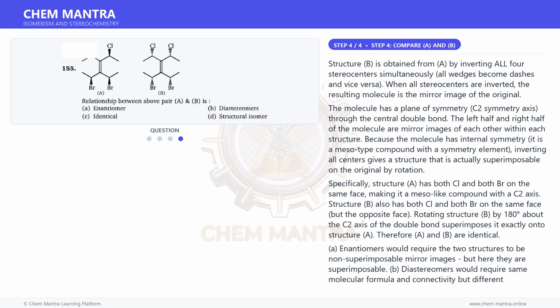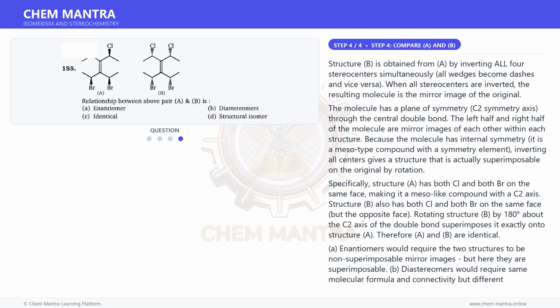The left half and right half of the molecule are mirror images of each other within each structure. Because the molecule has internal symmetry, it is a meso-type compound with a symmetry element. Inverting all centers gives a structure that is actually superimposable on the original by rotation. Specifically, structure A has both Cl and both Br on the same face, making it a meso-like compound with a